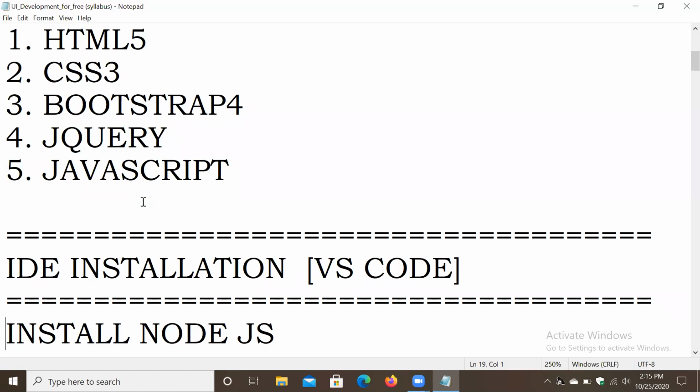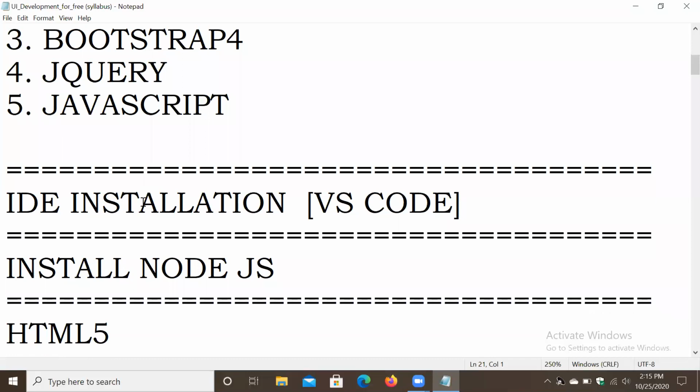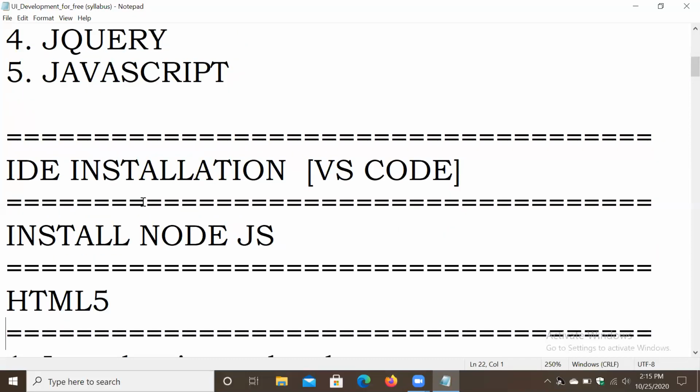So we will first see how to install Visual Studio Code. Then we will install Node.js. As I said, JavaScript is very important, and we can use Node.js in the back end. That is not the only use of Node.js. By using npm, node package manager, we can install any dependencies we want. Like in future, we have to install Bootstrap in our project, we have to install jQuery. That time we need npm, so that's why first we have to install Node.js. So those things we are going to do in the beginning, and then we are going to start our actual